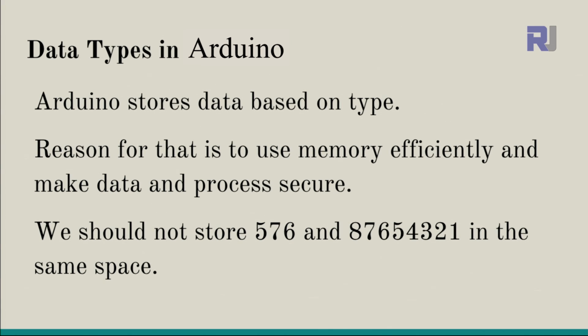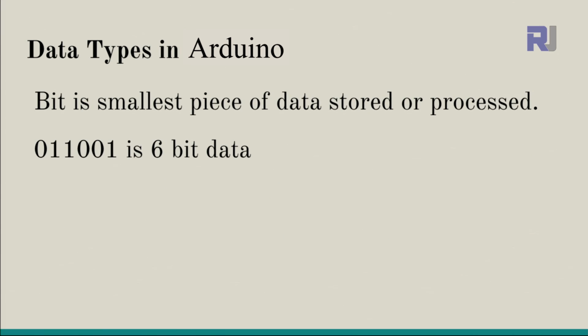If you have different lengths, different types of data, for example, a character, a value with a decimal point, and a string of text, hello world or something, different types are treated as a type of data in Arduino. And to understand that, let's start with a bit. Bit is the smallest piece of data stored and processed. For example,